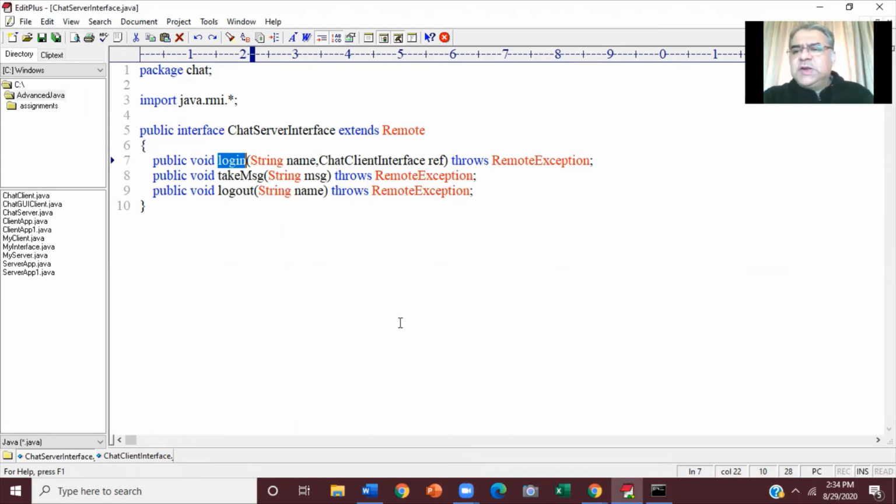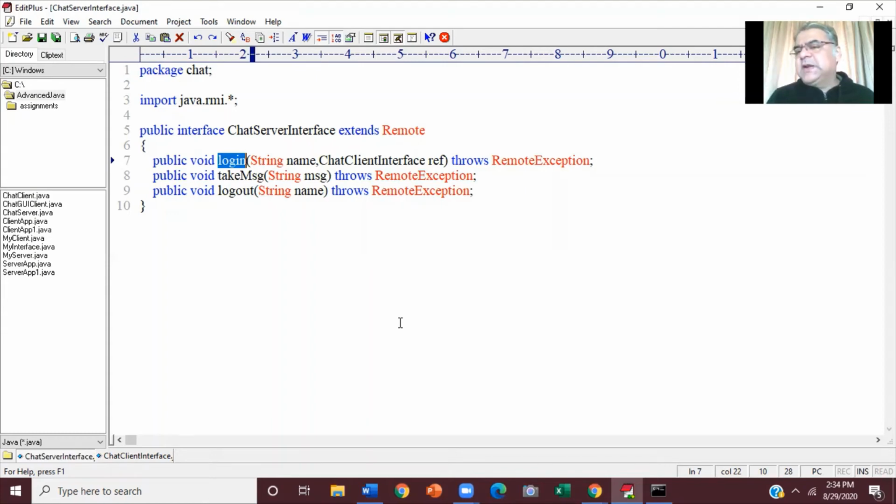ClientInfo. Now this ClientInfo class, you can write it as an inner class to your server. You can write it as an outer class to your server. You can make it a separate source code. That is your choice. Whatever you feel like. But that's what we are going to do.